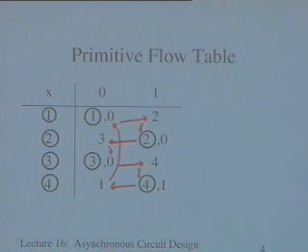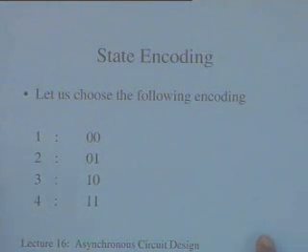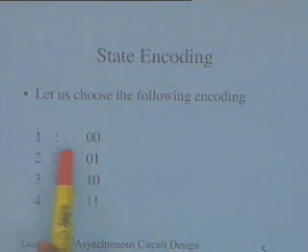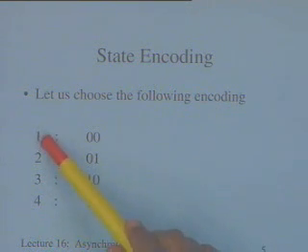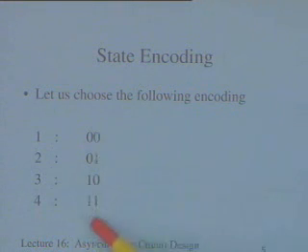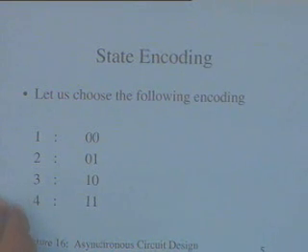So I choose one encoding, and this particular state encoding follows a simple counter type of encoding. What we do is we take state 1 and say it is 0 0, state 2 we say it is 0 1, state 3 is 1 0, state 4 is 1 1. It is a fairly straightforward encoding, and once I have done this encoding, I can